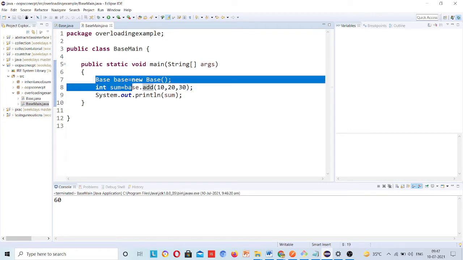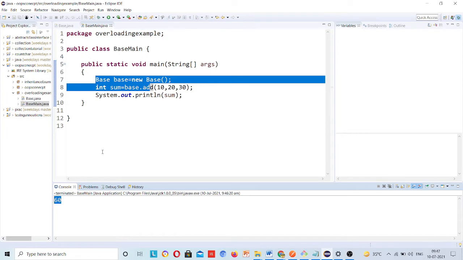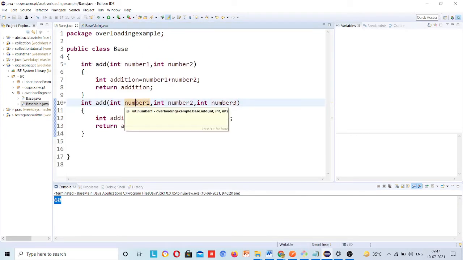So, here this I have done. This 3 integer parameter method is called. Now, see, the method name is the same.